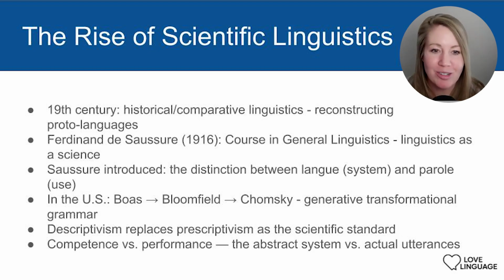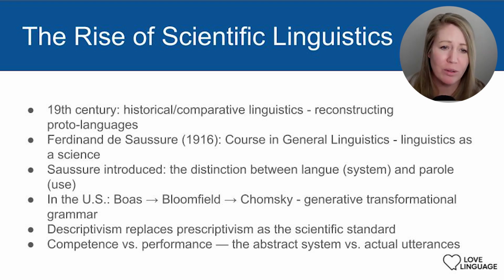So, in the American tradition, the lineage runs from Franz Boas, who insisted on studying languages on their own terms without imposing European categories, then through Leonard Bloomfield, and then to Chomsky, whose generative transformational grammar dominated the field from the 1960s onward, and whose influence you can see directly in what this textbook and many other modern textbooks